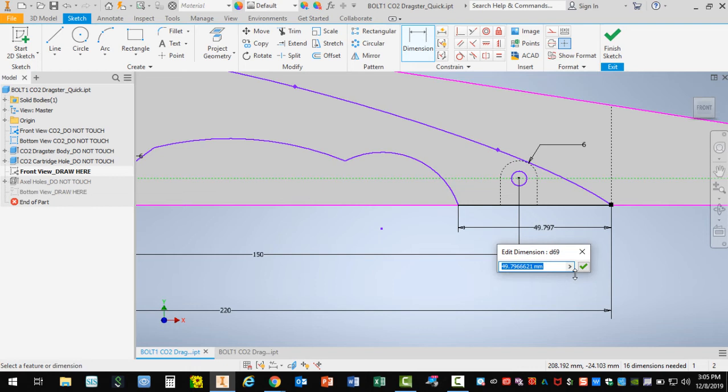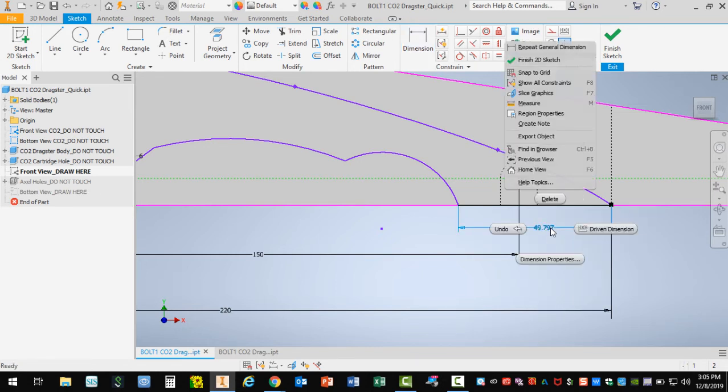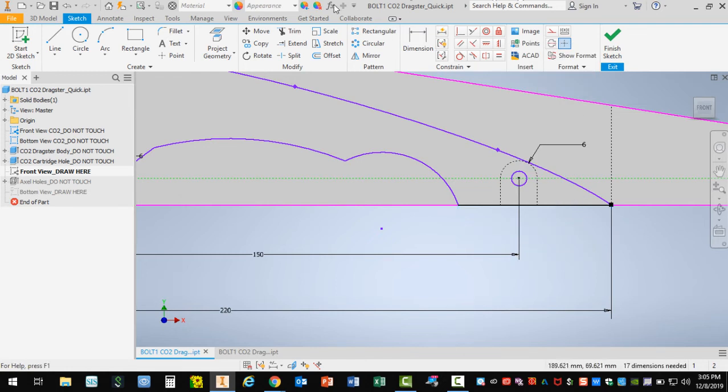I could either leave that dimension there, I could even adjust this dimension by changing the number, or I can simply just check it, and then if I don't need it anymore, I know it meets specifications, I can just delete it. Another great tool is to click on the line tool, click on construction, and then you can actually